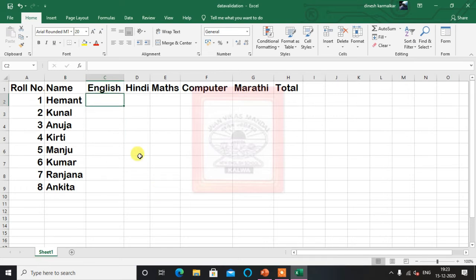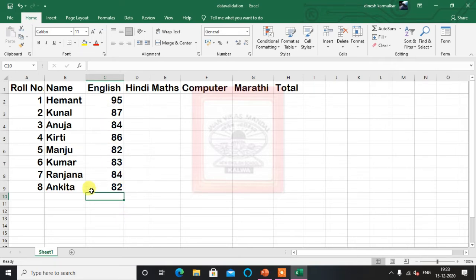Now let's type the marks for these English marks. First I will enter all the marks, then we will give data entry validation. Afterwards we will see what data entry is. First we will complete the mark sheet. First I am putting all the English marks. This is the English marks I entered.